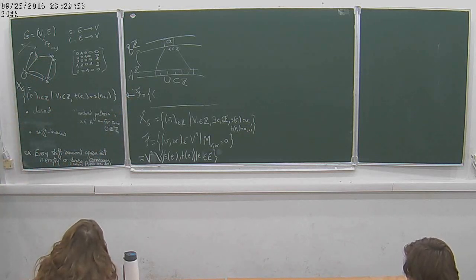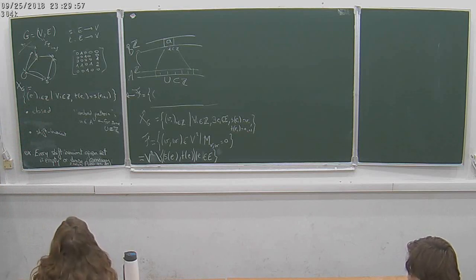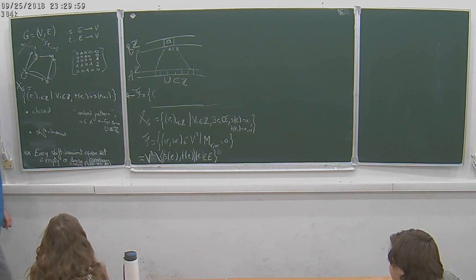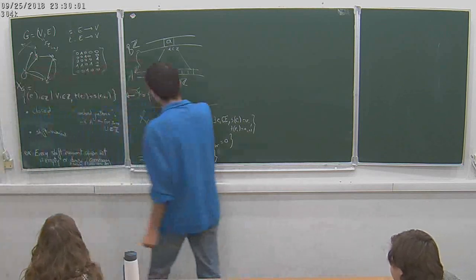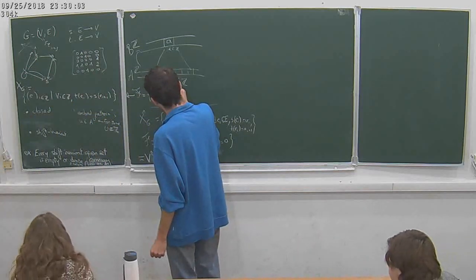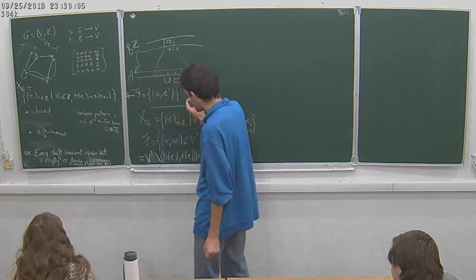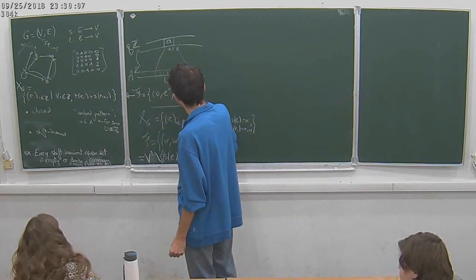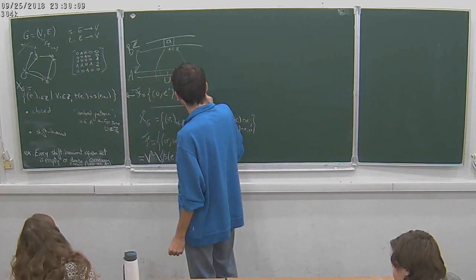It's nearly in the definition. It's pairs of edges such that the start of the first is not equal to the target of the second. Exactly. Now, the start of the